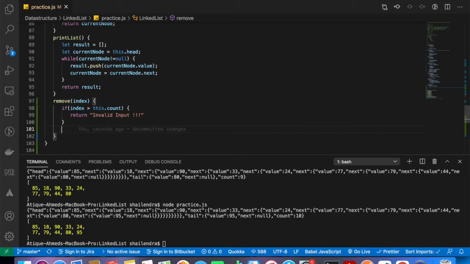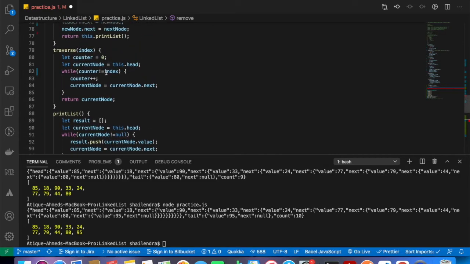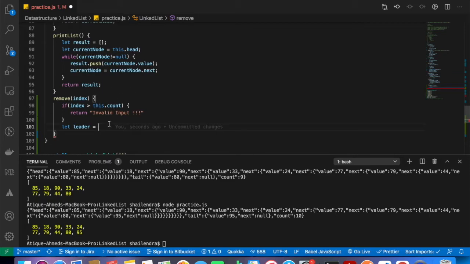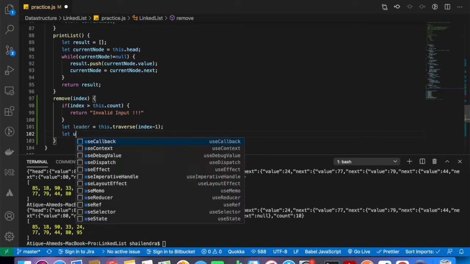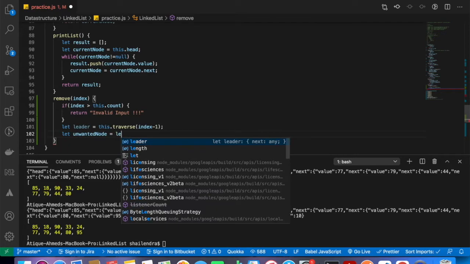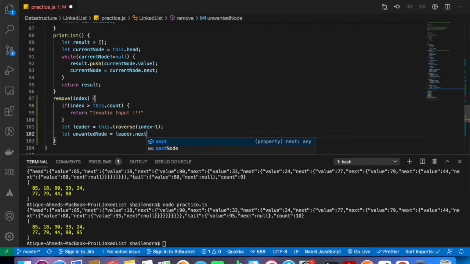If it is not, then I need to find the leader node in the similar way, and let unwanted node be your next node, which is leader.next. Leader.next is equal to unwantedNode.next.